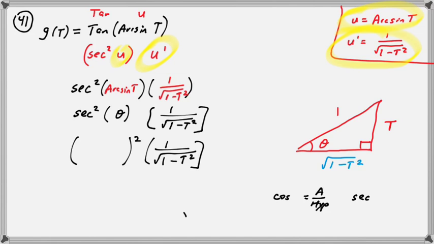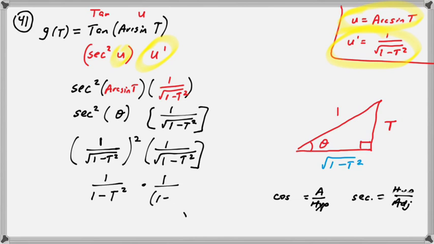So what would secant be? It's the reciprocal, hypotenuse over opposite. So what's the hypotenuse? 1 over what's opposite? I'm sorry, cosine is adjacent over hypotenuse, right? So secant should be hypotenuse over adjacent, isn't it? So hypotenuse over what's the adjacent? When you square 1, you get 1. When you square the square root, it goes away. And so you have